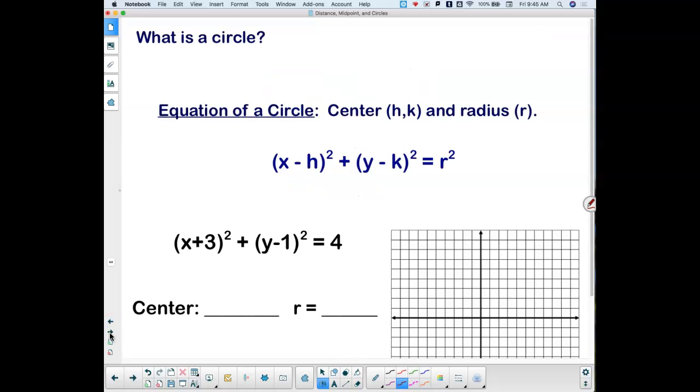Okay? So let's talk circles now. Circles will be our first conic because it should take us all of 10 minutes to learn all about circles. Okay? The true definition of a circle is not that round thing that's sitting on the window. Okay? Right? Okay? Yes, circles are round. Get it. Love it. Excited to be part of that. But the true definition of a circle is the set of all points